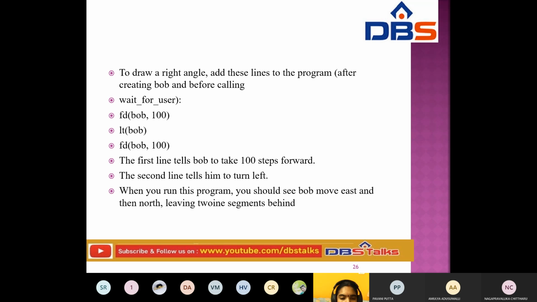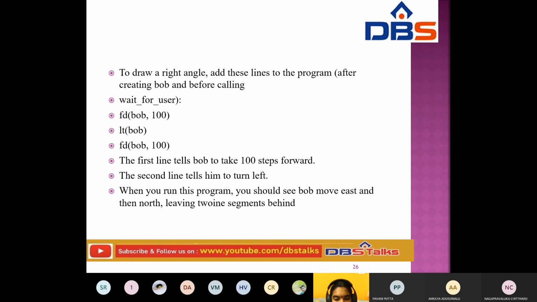Then wait for user. FD means forward, so Bob takes 100 steps forward.